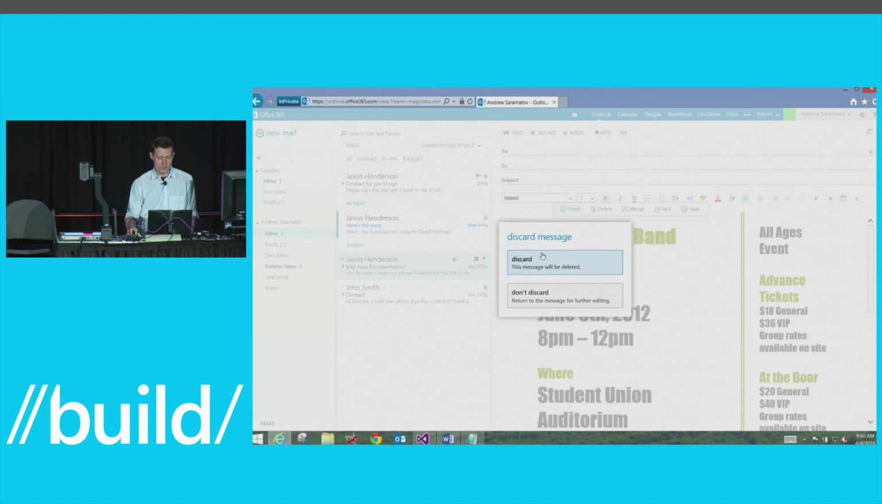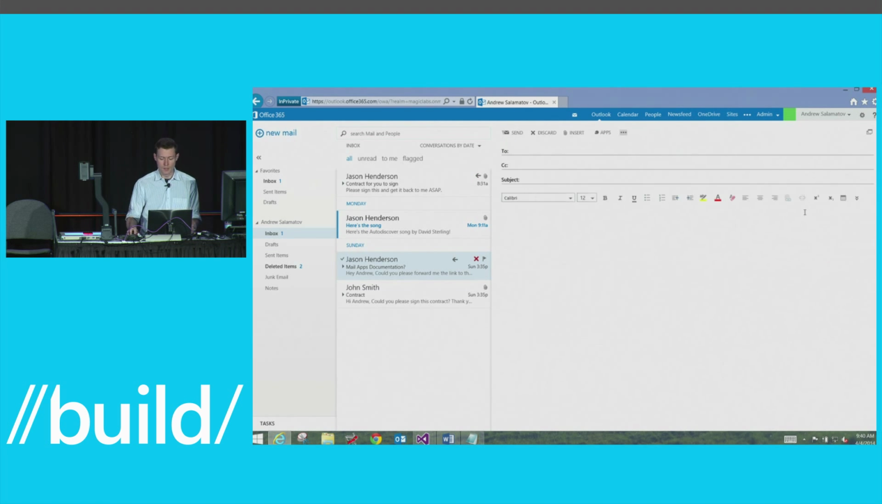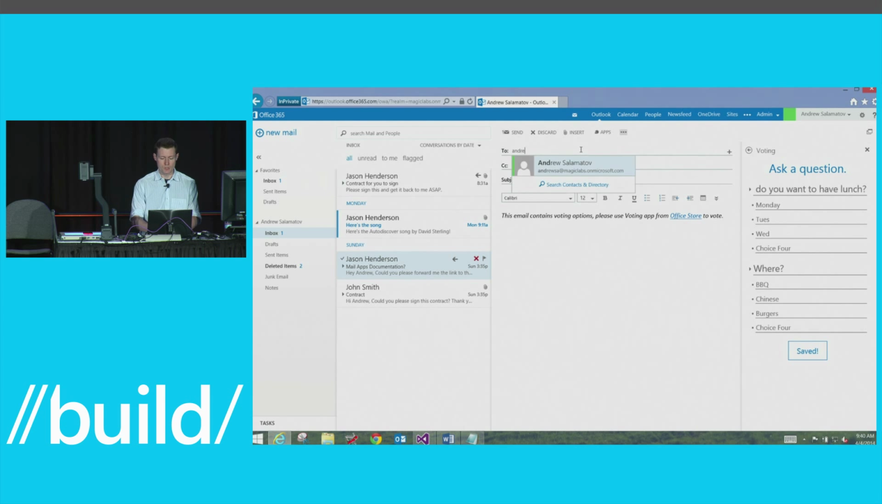But there are other motivations for Compose apps as well. It's not just about creating messages, or helping you author content. What if I just wanted to send out a very simple survey to my friends? So maybe I want to ask, when do you want to have lunch? Monday, Tuesday, or Wednesday. And maybe I also want to ask where. Barbecue, Chinese, burgers. I can hit Save Questions, and I'll send this to myself so that you guys can see